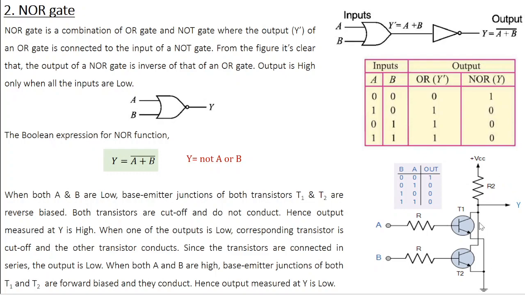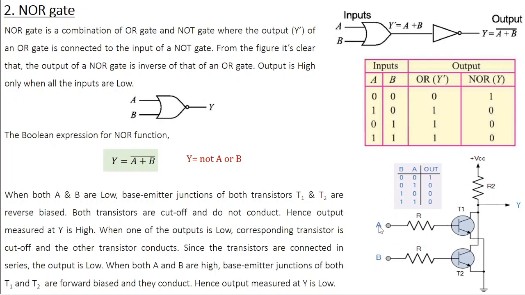And just like a NAND gate, a NOR gate is also constructed using two transistors. Here the main difference is that in the case of the NAND gate, these two transistors were connected in series, but here they are connected in parallel. See, the VCC is connected to both T1 as well as T2, right? So if you look at the collectors, both collectors have a common point here, and when you look at the emitters, both the emitters have a common point here. Since there are two common points, this is a parallel connection.